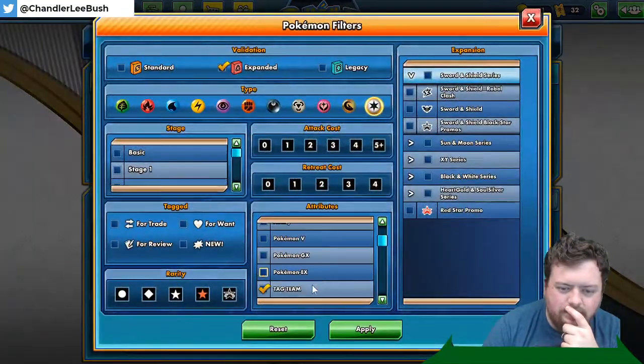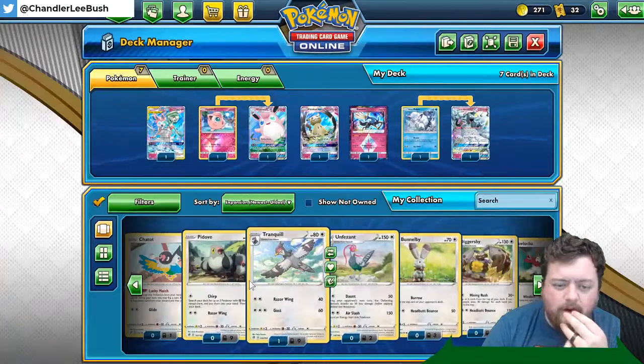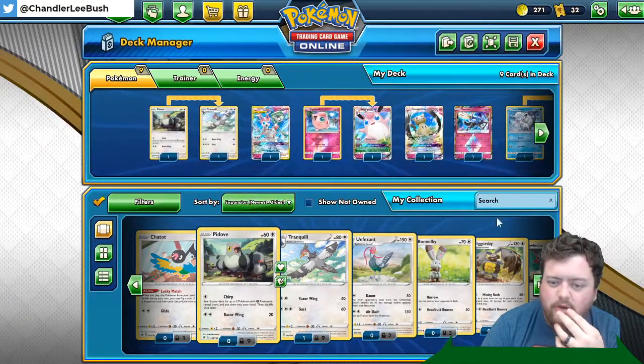Oh, what do I have selected? I wanted to deselect everything there. We could go for a colorless Pokemon in here. Honestly, Unfezant might be a good one to throw in here as just an additional one with Tranquil, because